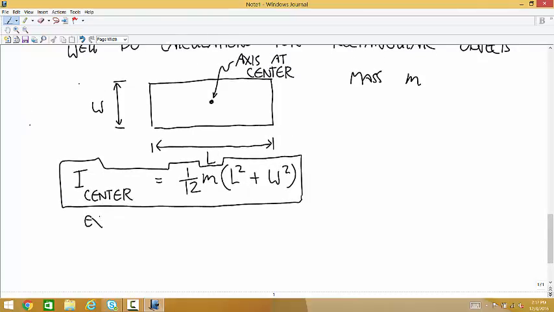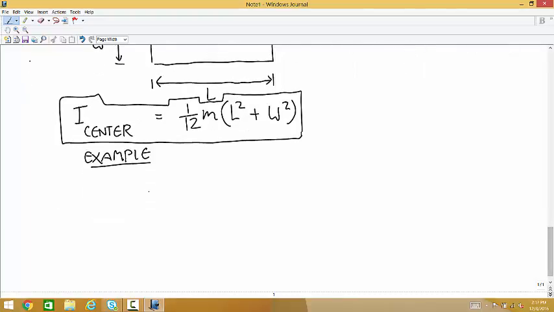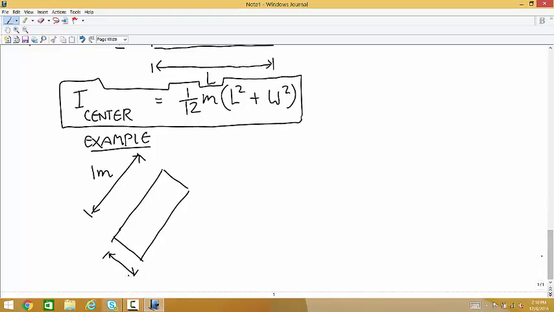And so, for example, if you have a rectangle, it doesn't matter what orientation it's in, that has a length of 1 meter, and a width of 0.5 meter, and a mass of 10 kilograms, and the axis of rotation is right at the center,